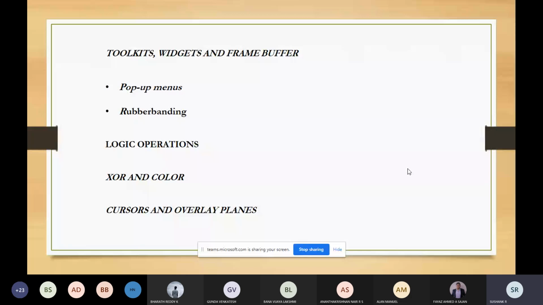So when you're talking about curved surfaces, we need equations to represent them. These equations can be in the parametric form or in the non-parametric form also. So the first thing is how the curve is represented in the parametric form.